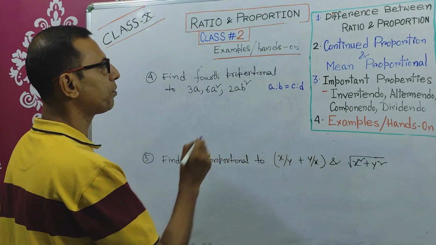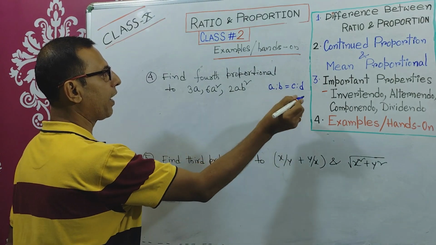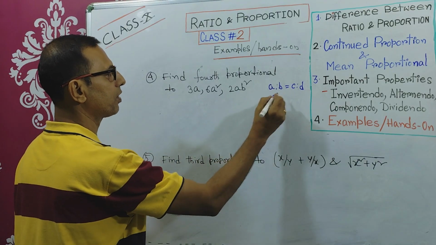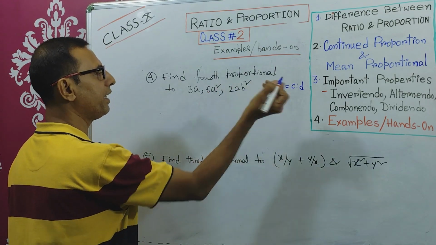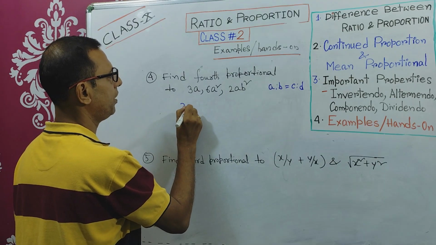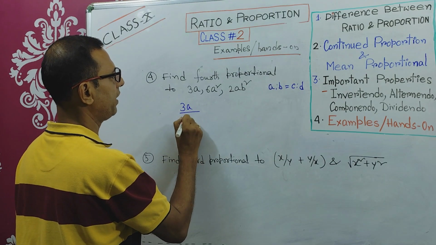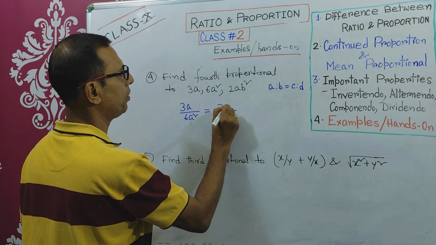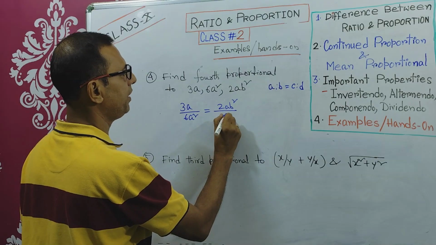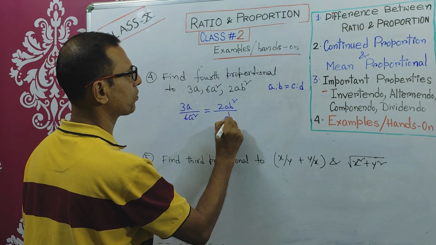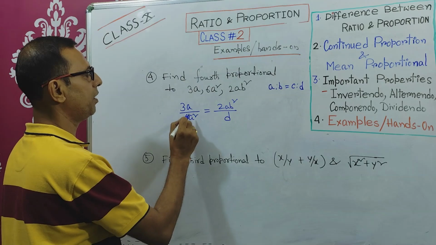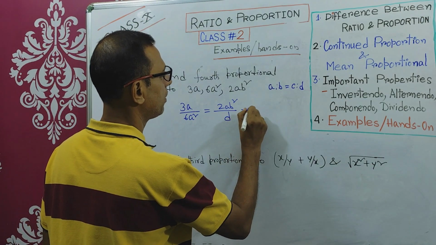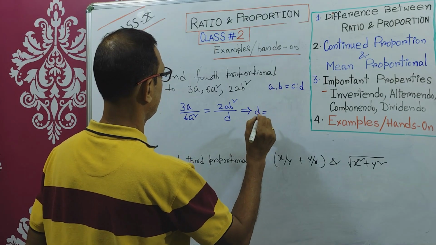So that means here 3 elements are given. Find out the fourth proportional. Let's say the fourth proportional is d. So 3a is to 6a square equals 2ab square by d. So 3a by 6a square equals 2ab square by d. So what is the value of d? d equals